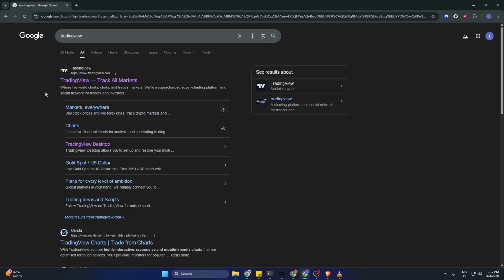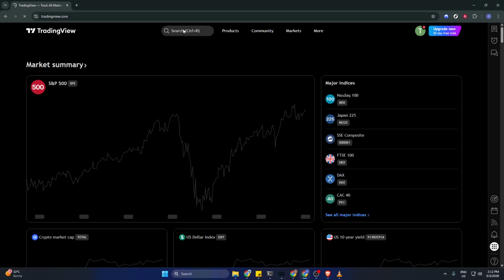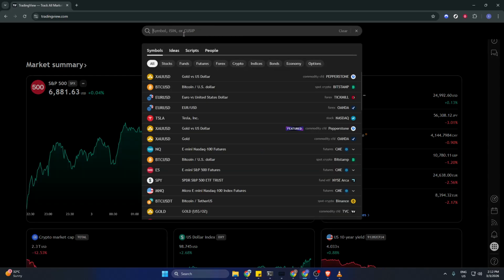Start by opening your browser and using Google to look up TradingView. From the results, open the official TradingView site. Once the homepage loads, locate the search bar at the top. Type gold versus US dollar, which is often listed as XAUUSD, and select the chart result so the full chart